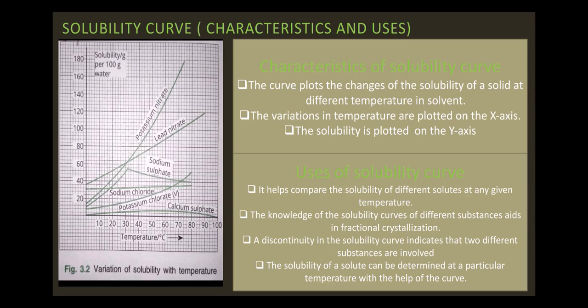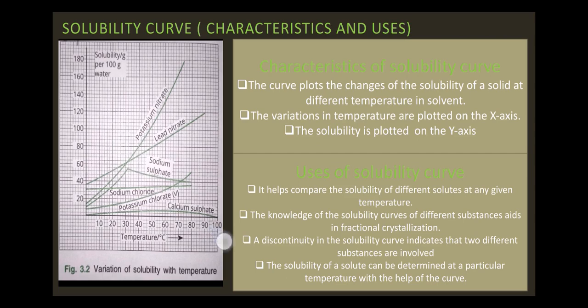Then the solubility curves of substances like calcium sulfate, slaked lime, increase with the increase in temperature and then decrease after attaining a maximum value at a particular temperature. Now you can see here that calcium sulfate, this one. So first its solubility is increasing with the temperature, and after attaining a certain point, again it is decreasing